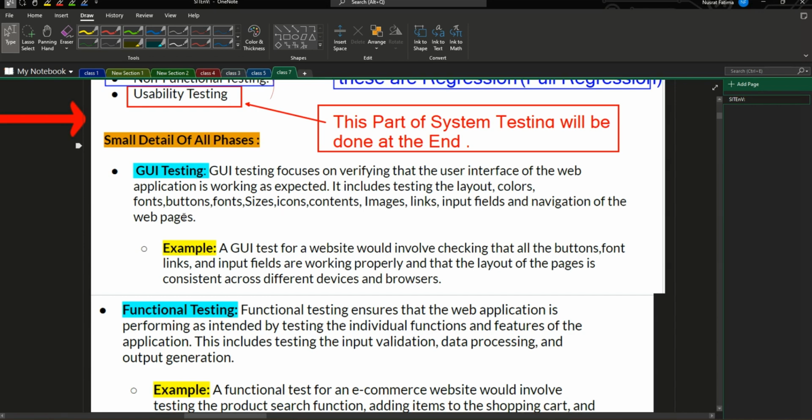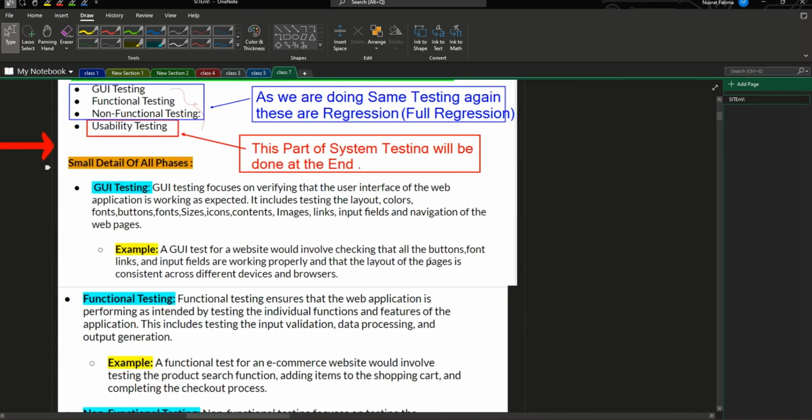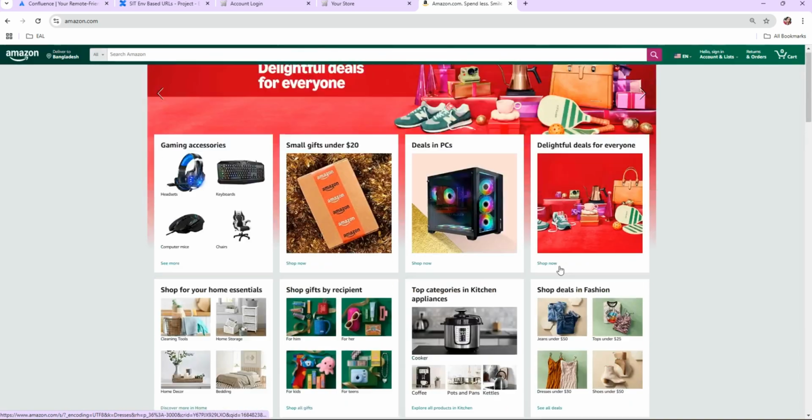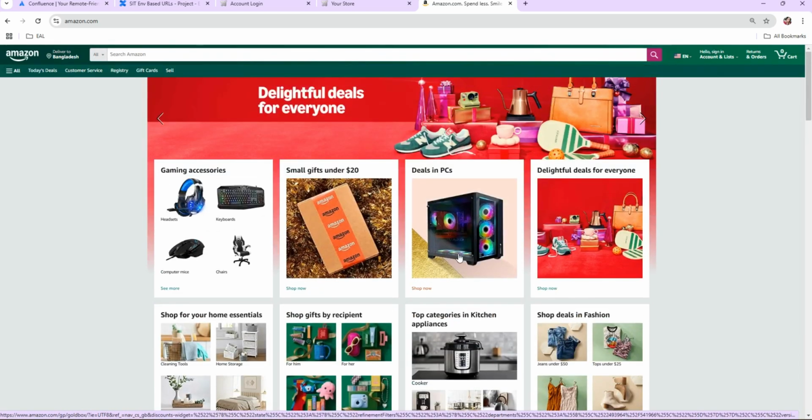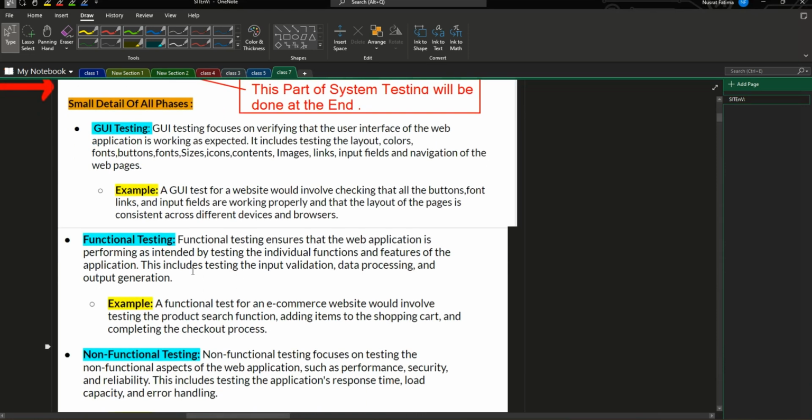So let's read an example. A GUI test for a website would involve checking that all the buttons, font links, input fields are working properly, and that the layout of the pages is consistent across different devices and browsers. That means we will check this graphical user interface using our PC, our laptop, our phone, and other devices as well. All right. And then we have our functional testing. Our functional testing will hold